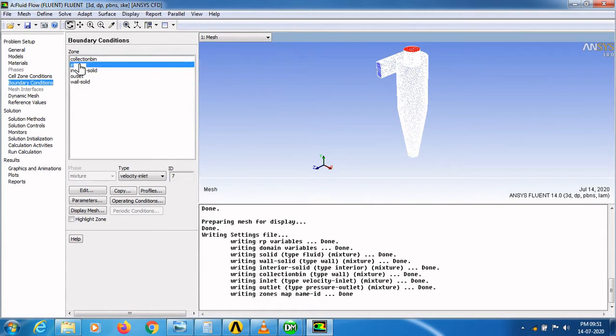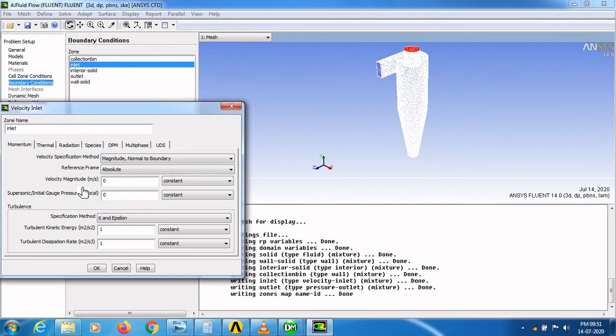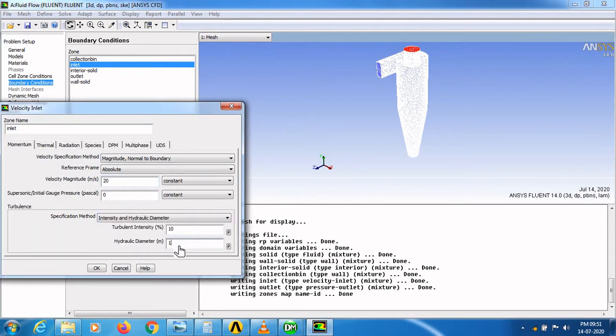Go to boundary conditions. Select inlet. In velocity magnitude you have to provide 20 meter per second. In specification method you have to choose intensity and hydraulic diameter. In hydraulic diameter you have to enter 0.0857.